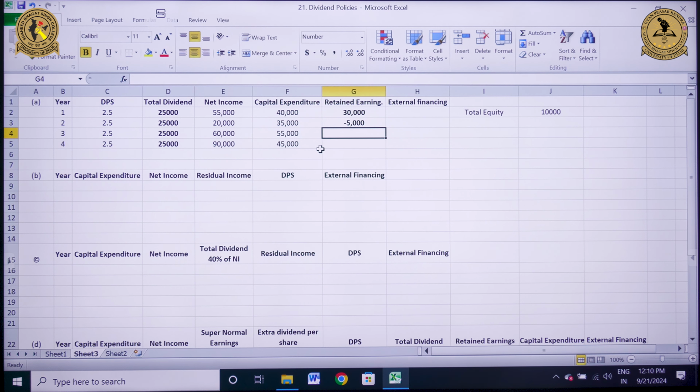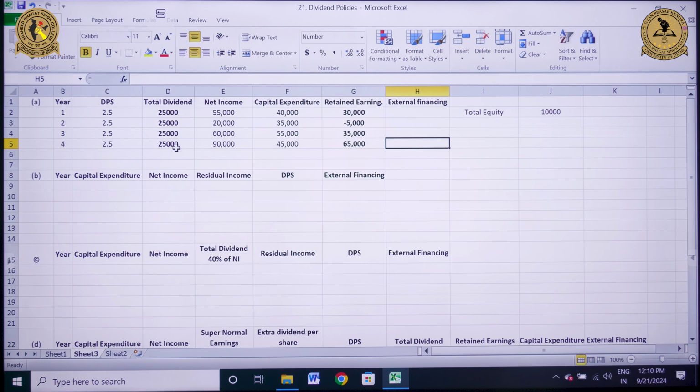So this 5,000 is to be taken from the revenue reserve. Next, the net income is 60,000 represented by E4, minus the company is paying a total dividend of 25,000. So in this way, the company has retained 35,000 in year 3,